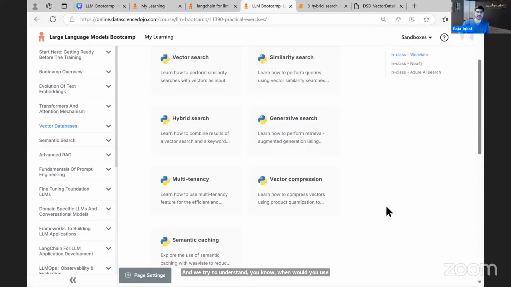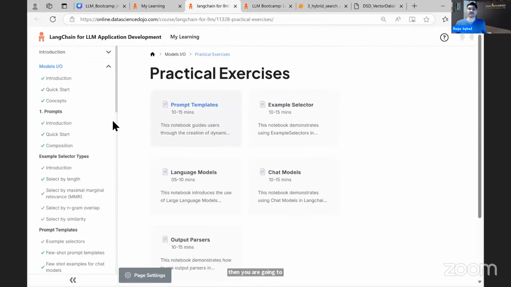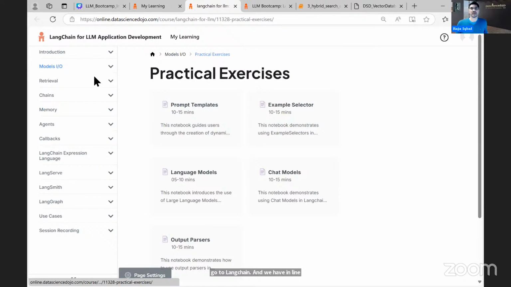Once that is done, then you are going to go to LangChain, and you can see that we cover the entire LangChain stack. We could talk about model I/O. We talk about retrieval. What is model I/O?